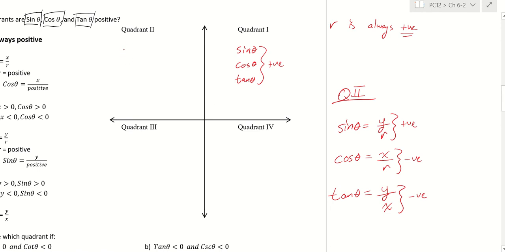The sine ratio in quadrant 2 is going to be positive. The cosine ratio is going to be negative. The tangent ratio is also going to be negative in quadrant 2. So there we have it. That's the information for quadrant 2. For quadrant 3 rather,